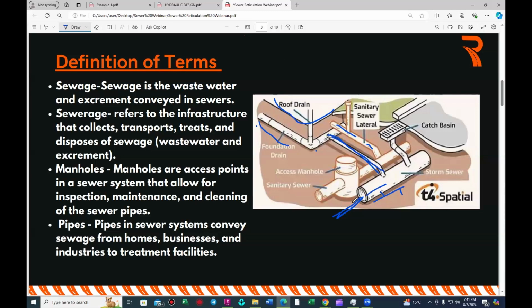So you have got storm sewers, and then you've got sanitary sewers. Today we're talking about sanitary sewers, the design of sanitary sewers. Storm sewers is a separate design altogether that has got its own principles. Hopefully we're going to talk about it in the near future in our design challenges. So just stay put on that. I'm not going to touch on this, but one thing that I want you guys to know is